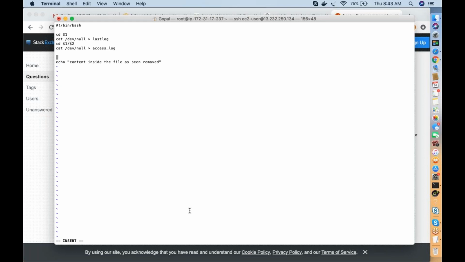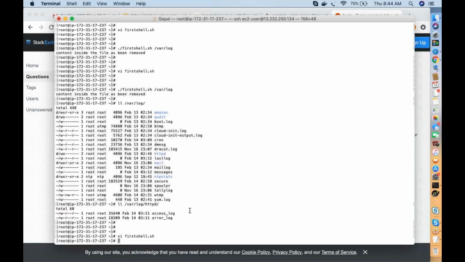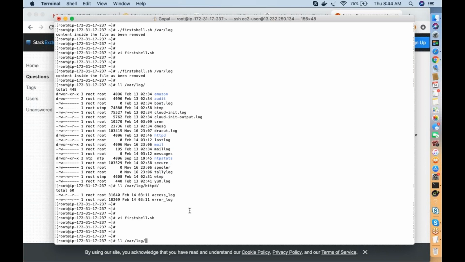Now see this. Where is the log present? Var log. Where is the access log present? Under var log, under httpd, right? Now I'm going to execute the script like this: var log httpd.